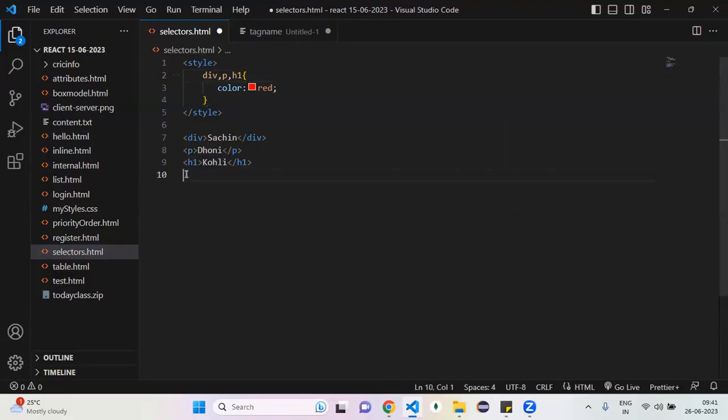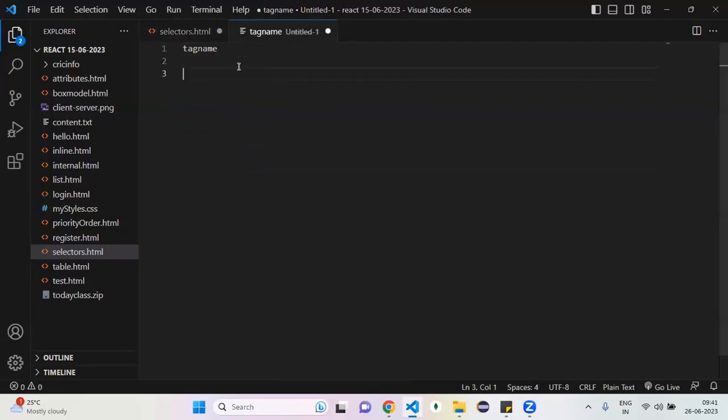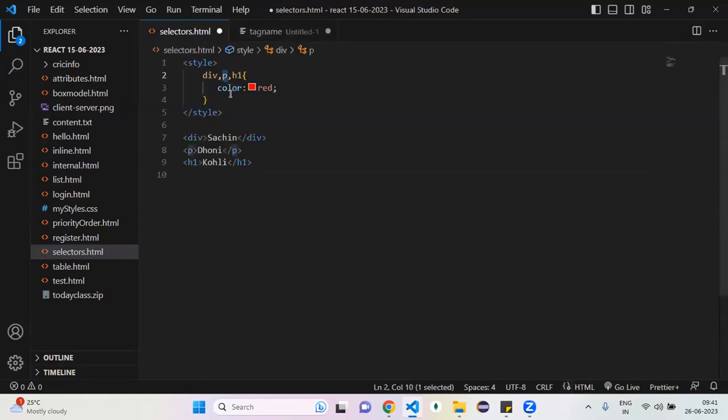If you want to apply the same CSS properties for multiple elements, then don't go with the tag name selector like this. We have one more selector also, that is called a class. So